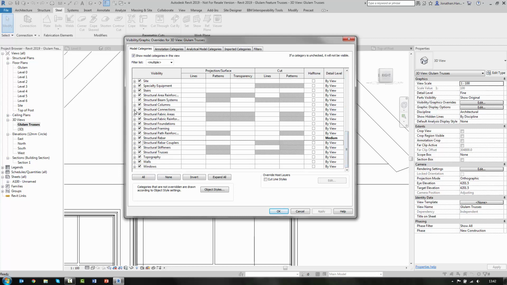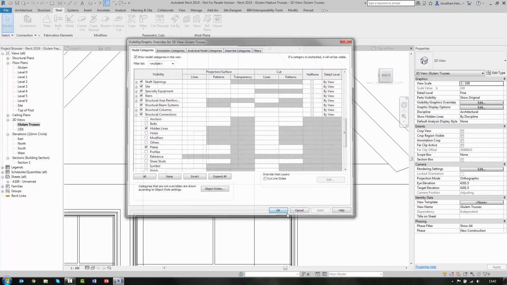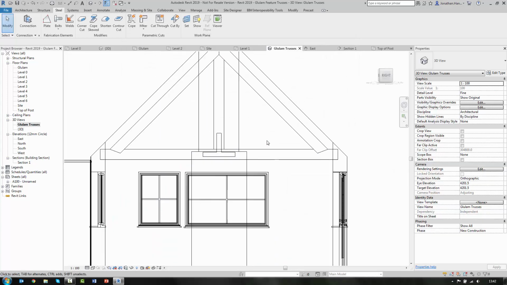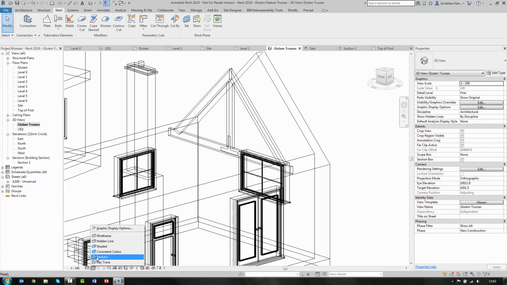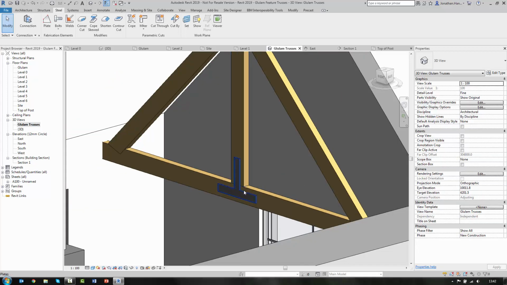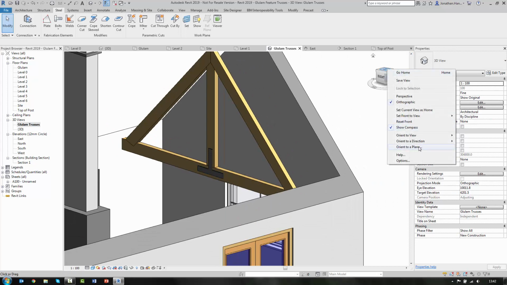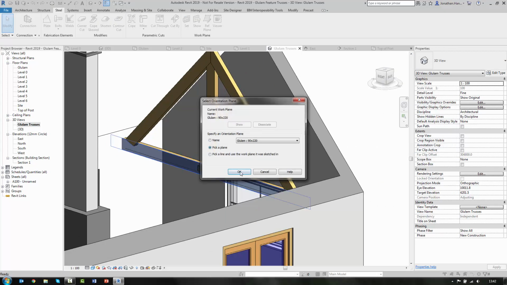Under structural connections, make sure that the plate is activated, and if we have a look at our Glulam truss now, and we shade it, we've now got a bracket there. And if we just orientate this back to the plane again,